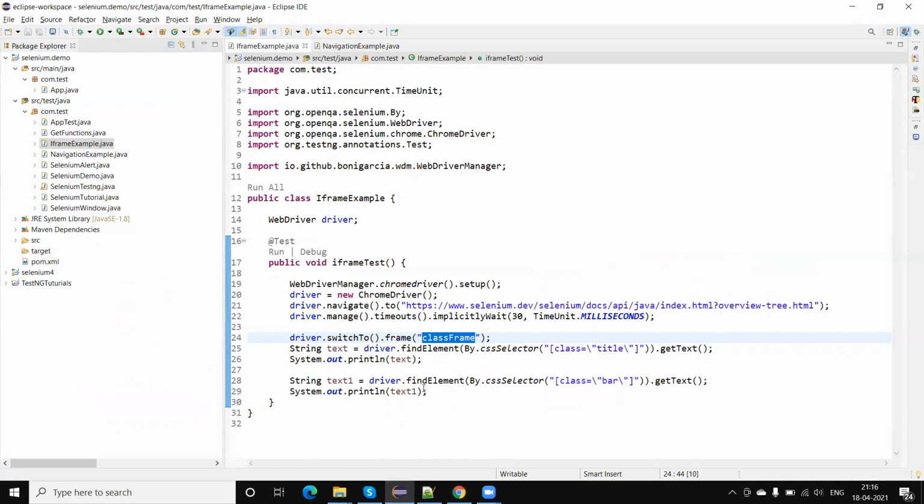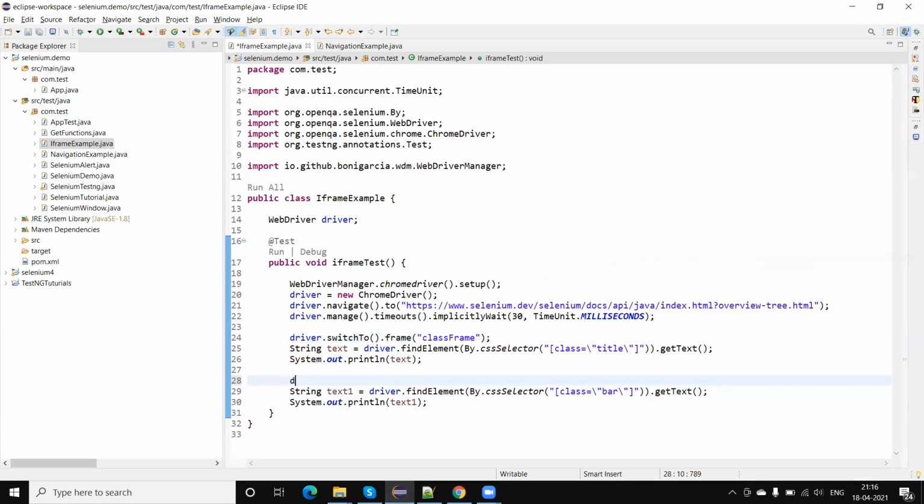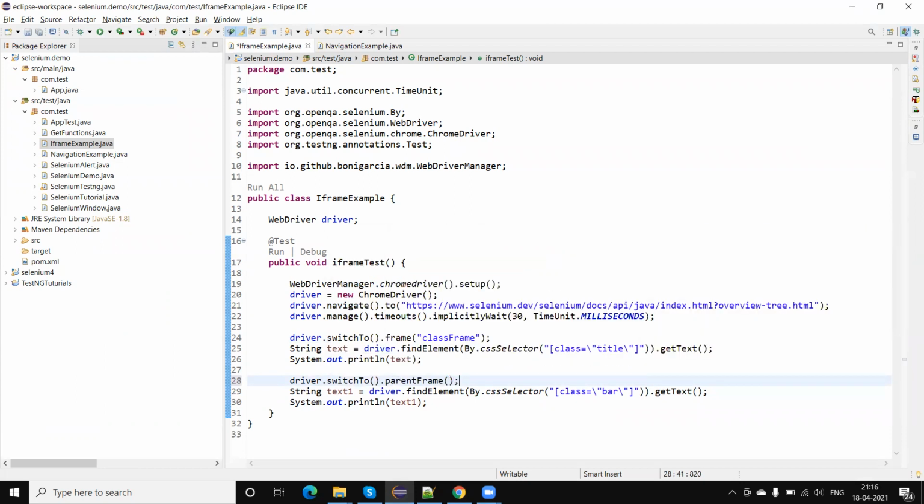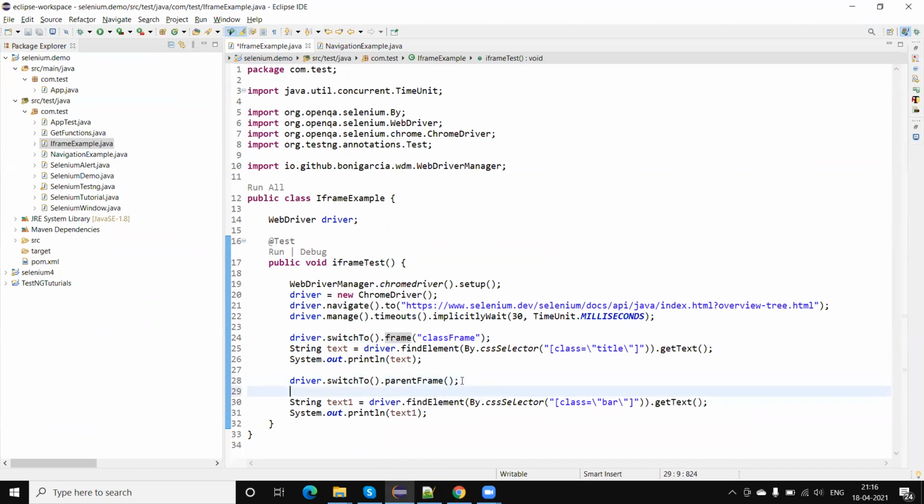So we need to call driver.switchTo.parentFrame. The parent frame will return to the parent of this iframe, the parent level. And after switching back to the parent, again I need to switch to this frame.